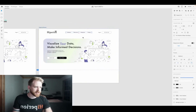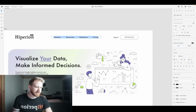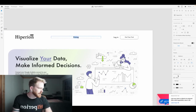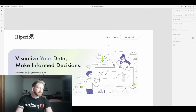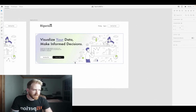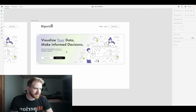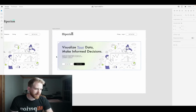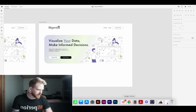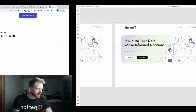Okay, so I did see one page and I really liked the fact that I think they only had pricing and login. So solutions, resources, enterprises, that can all be added at a later date. And I'll try to do this as quick as possible. I'm also not very quick. So yeah, I think pricing, login, get free trial. I'm gonna be honest, I don't really like this beginning, kind of where I've started. I think it's okay, but let me jump over to...